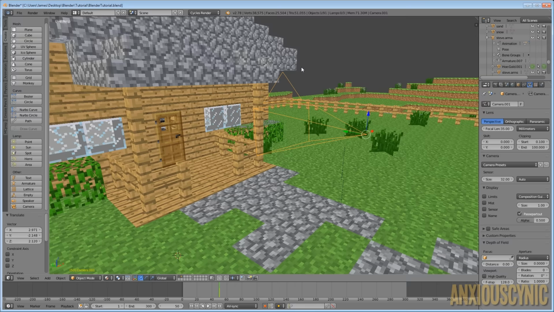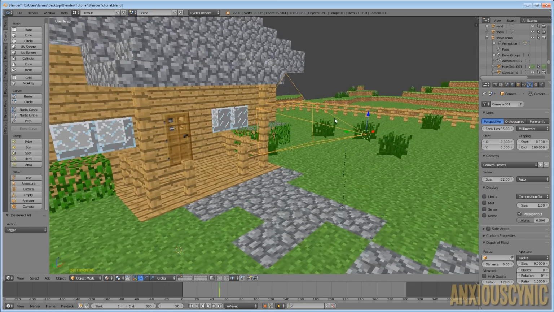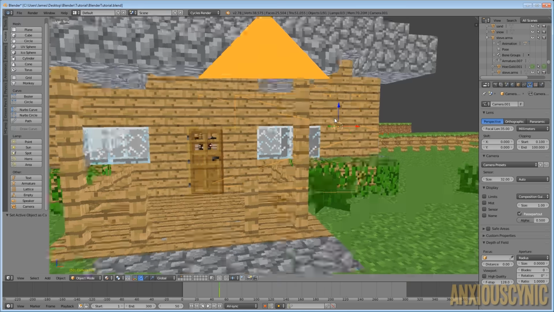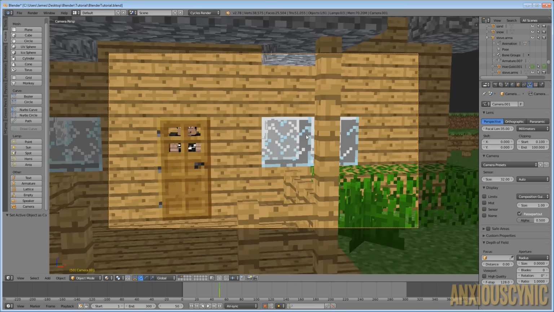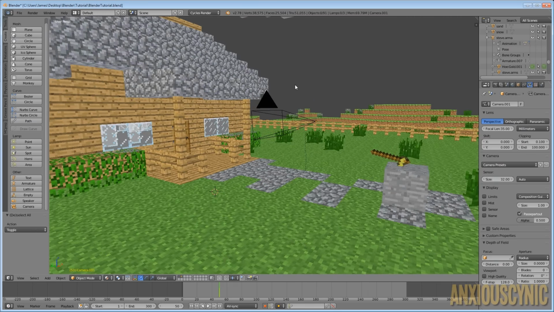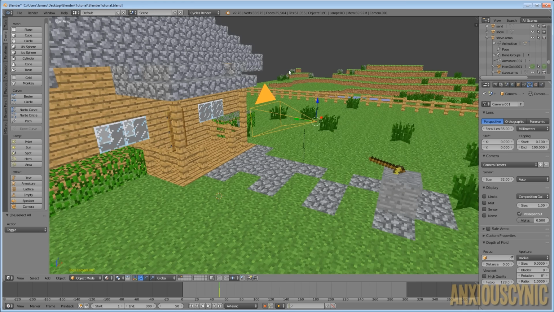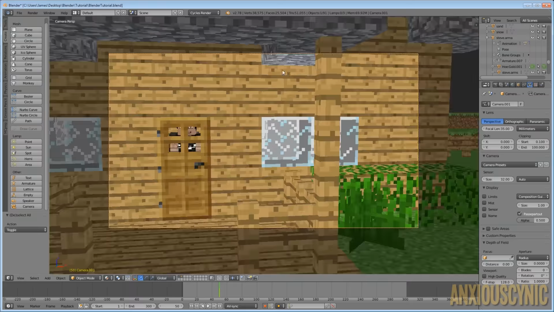So what we need to do in order to make this the active camera is have it highlighted. So I'm going to just click the camera, anywhere works. And I'm going to hit the control key and then hit 0. And then that takes us into this camera. So now when I back out, you'll see that this one is actually solid. If I deselect it, it's a solid black camera thing. So now when I just hit the 0 key, that takes us into this camera's point of view.